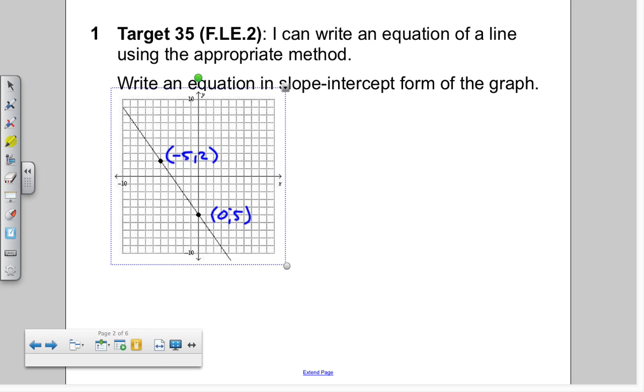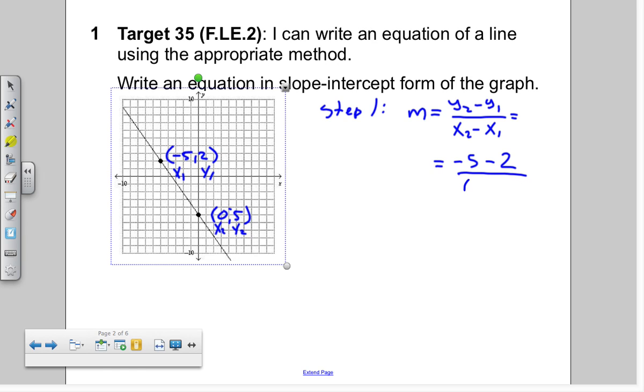So to write an equation, step 1 is to find the slope. So in this case, we have to use our slope formula. I'm going to put that work down here. So I could call this x1, y1, x2, y2. So I take my -5, that's y2, minus y1, over x2 minus x1. You get 3 over, remember to keep, change, change. So the slope is,